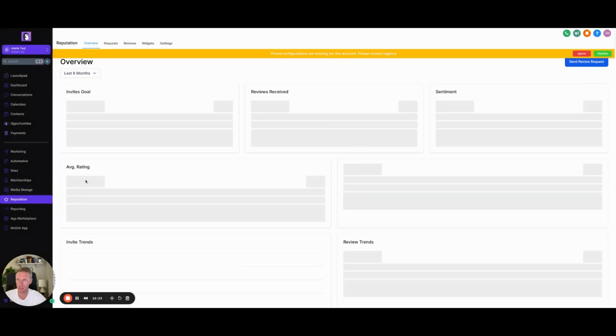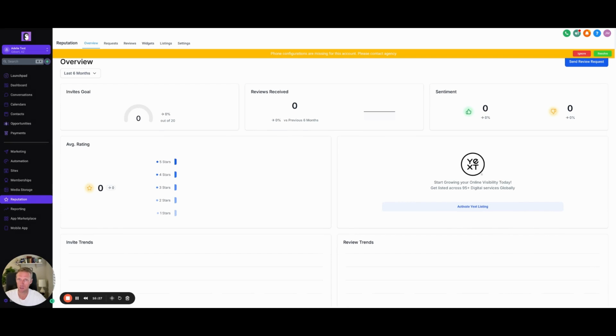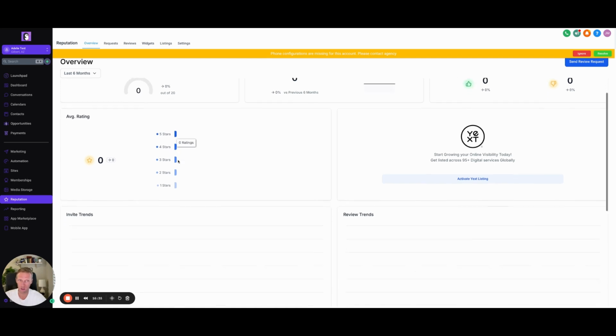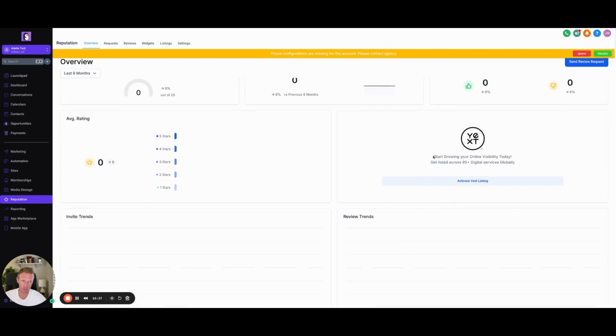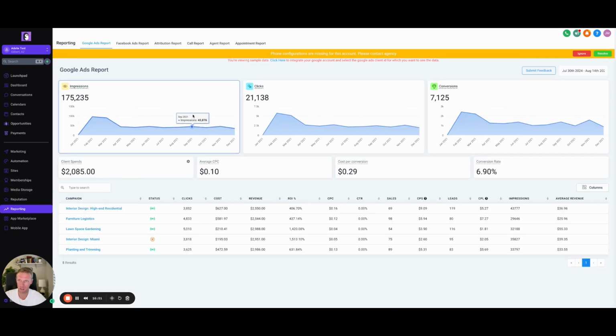But your reputation management, that's what we talked about before. This is where your Google My Business listings will come in. You can see an overview of all the invites you sent out, how many reviews you received, what their sentiment was, the average rating for all your reviews, and again, the option to connect your Yext account so that you can syndicate your Google My Business listing across the web. And then finally, reporting. Here's where you can look at all of your Google Ads report, your Facebook ads. You can integrate that directly in here. Call reports,